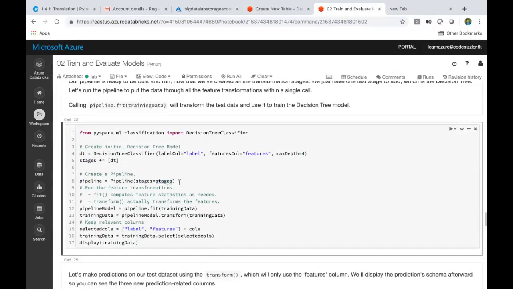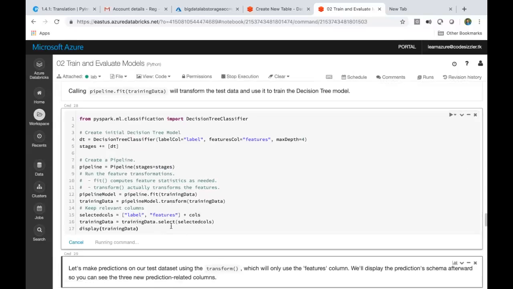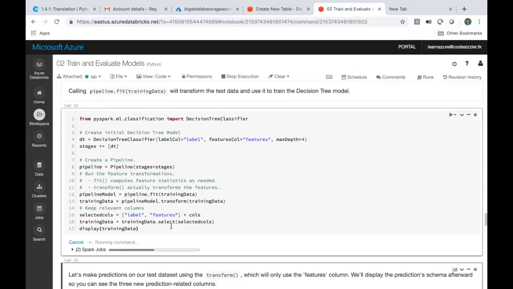When I say stages, it will create this sequential pipeline for us. And then I'm saying fit and transform this model. Fit is nothing but fitting into the algorithm, and then transform all the features, whatever we want to do. And then we are taking only 2 columns from this, that is labels and features, plus all the columns. So let me execute this. It's okay even if you don't understand it a little bit. Just assume that we are trying to build a model. We're trying to use our training data set to train the model with the decision tree classifier. That's it. Don't think of it at a very high level.